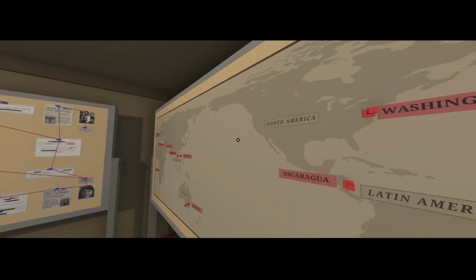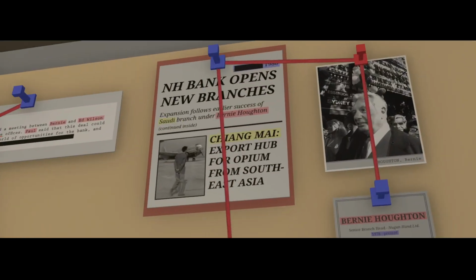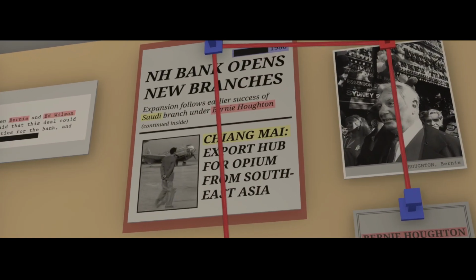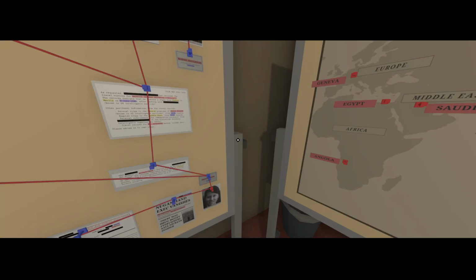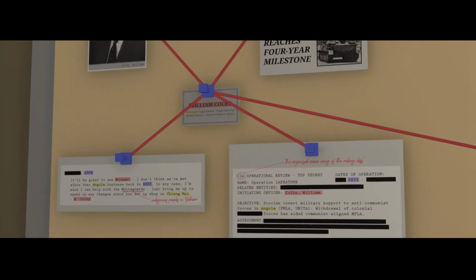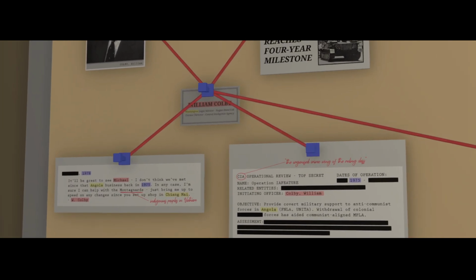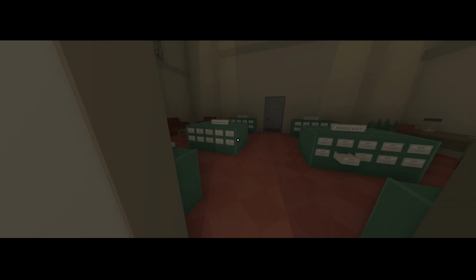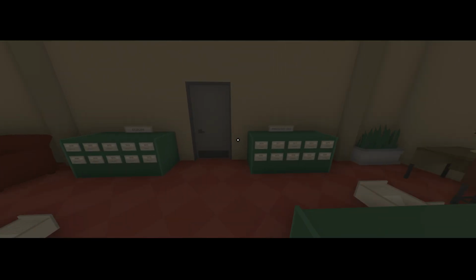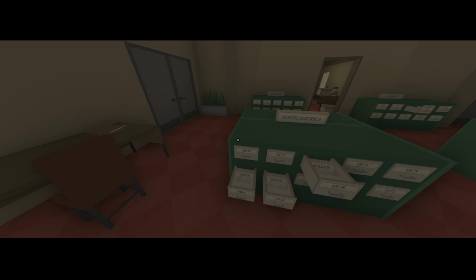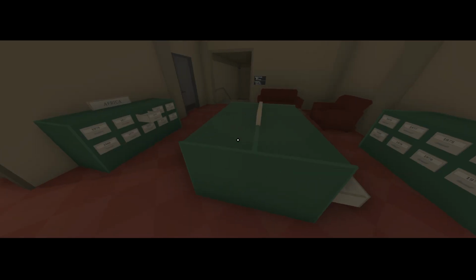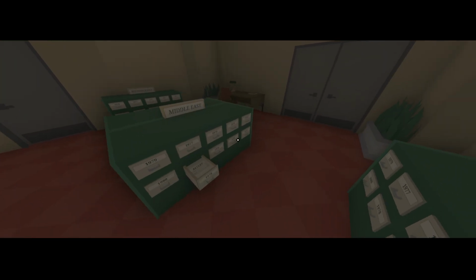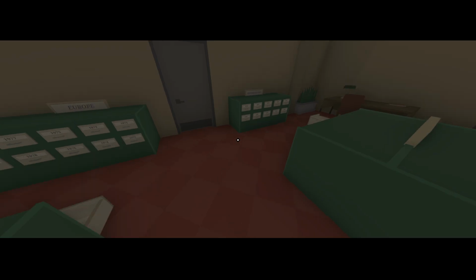I could use a little bit of inspiration right now. Again, I'm seeing a lot of Chiang Mai, which is in Southeast Asia. But what time should we look in Southeast Asia? 1979? I feel like we've probably already done that, though. We haven't. That's North America. It's East Asia. That's Australia. It's Middle East. Oh.